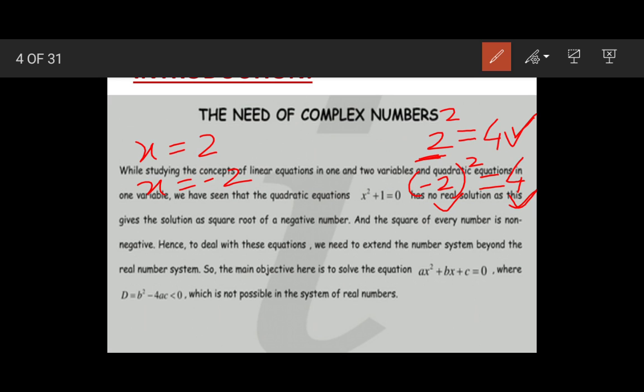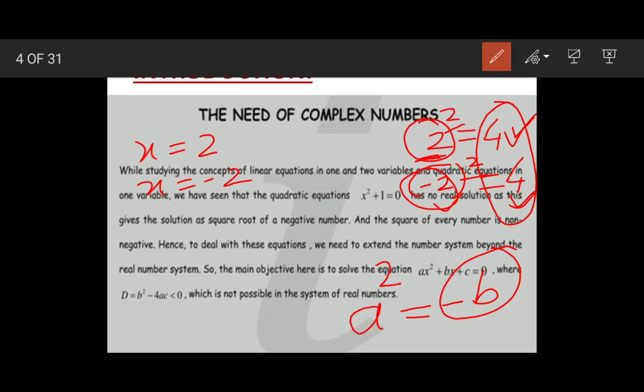Now, if I am saying that you can square a number and you are getting a negative number, is it possible? No, it is not possible. Whether the number is positive or negative, when we square that number, in both the cases we will get only a positive answer. We don't get the negative part. So this is something impossible, when we square a number and get a negative number.